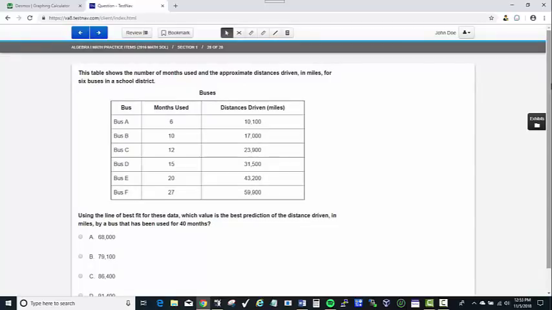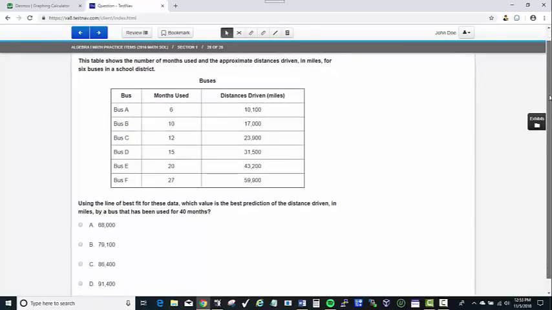All right, this table shows the number of months and the approximate distances driven in miles for 6 buses in the school district. Using line of best fit. Last one used curve for best fit. This time we're using line of best fit. Which value is the best prediction of the distances driven in miles by a bus that has been used for 40 months? You notice 40 is not on this graph here, but let me show you how you would extrapolate